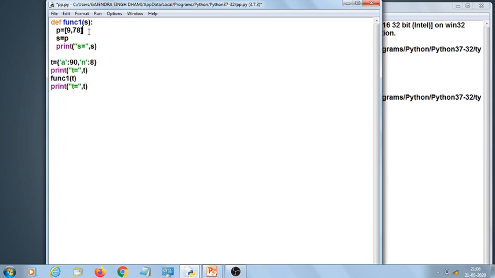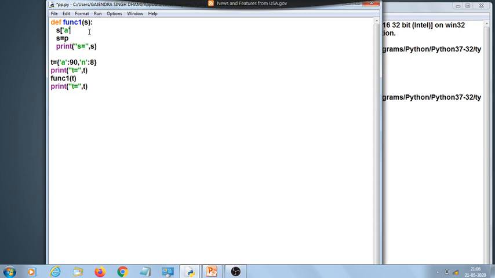Now what do you want to do? Let us change your S. You can refer to the value by the key also. Let us change 98. So we have changed the value of the key, that is 8. So 90 will become 98. Let us check this one first. So when you display this one, when you run this program, what happens?